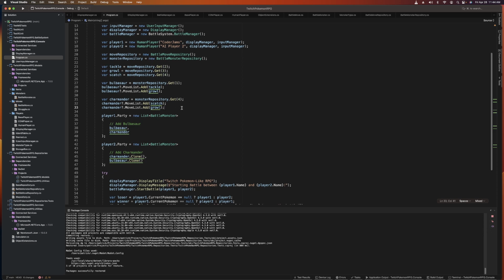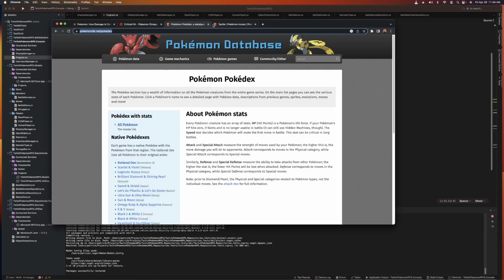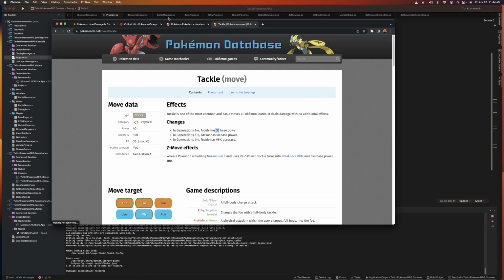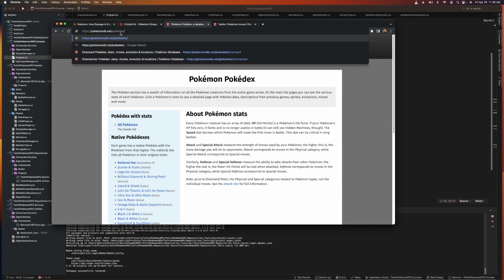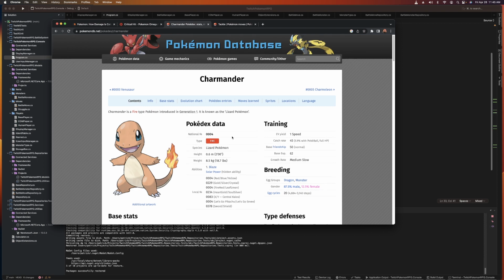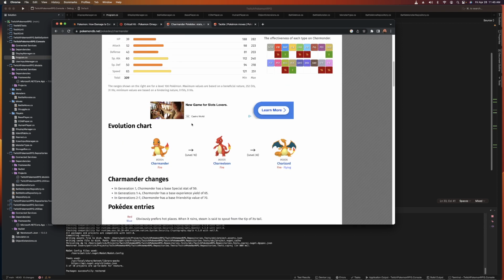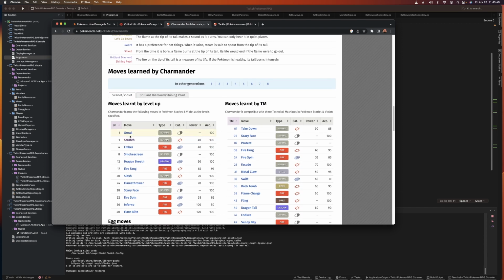Okay, and they can both growl, I'm pretty sure, right? Pokedex, Charmander. Man, that's so good. That's awesome. All right, your move list: Growl and Scratch, and then Bulbasaur had Growl and